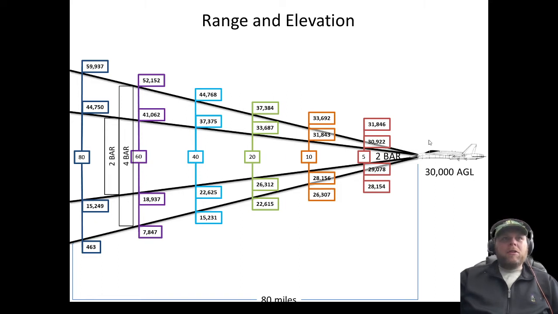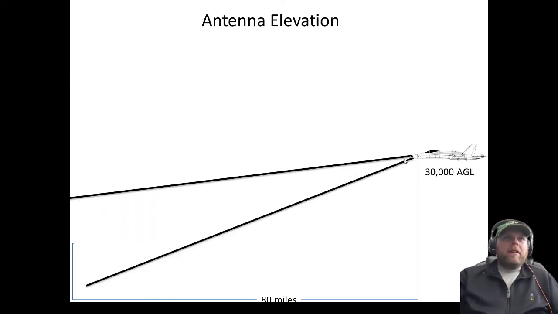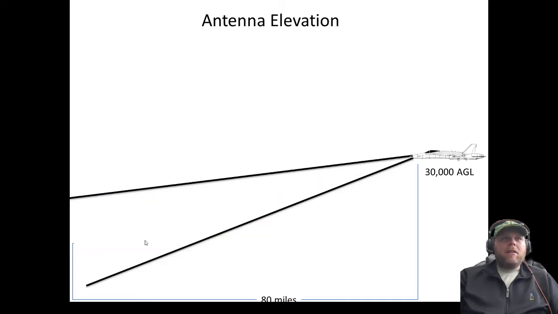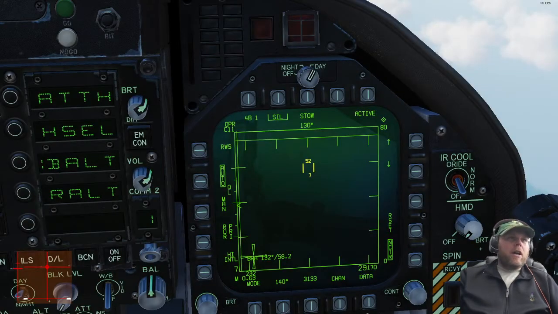What we can actually do is take the entire dish and point it down like that, right? So we can move it from going straight off the nose to down a little bit. So we can move that angle. And that was actually represented in the game here with that caret. So if I move my antenna,